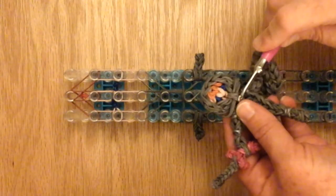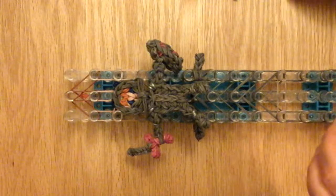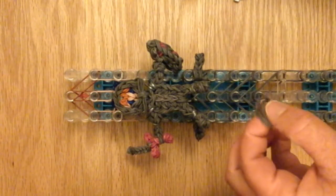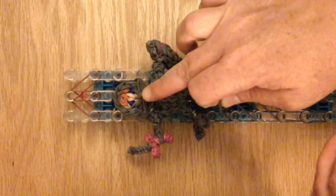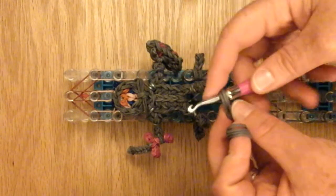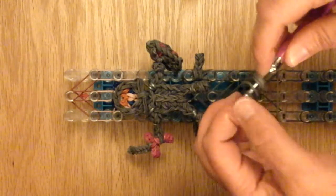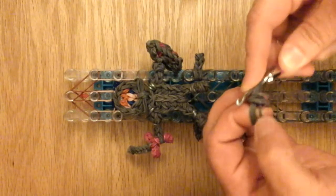Okay, now to make the mask, I use 8 bands for the mask, and I'll show you how to do that right now. Take 4 bands, okay, and then take another 4, and what I did, I tied a knot. So I'm going to take my hook, place the 4 bands through, then place the other 4 like this, place it on top, connect,